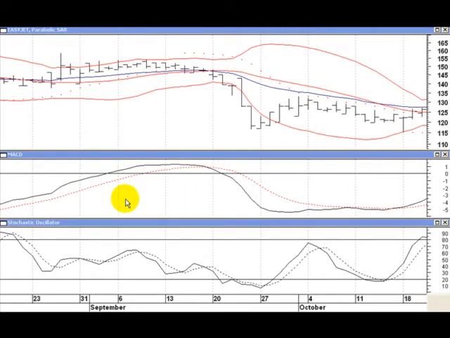Okay, let's have a look at EasyJet. Not one of my favorite stocks. I always have an inclination to short it because I just think it's a very bad business model, trying to get a pound out of the passengers. Nevertheless, the reason I want to look at this from last month is because I got a question about Bollinger